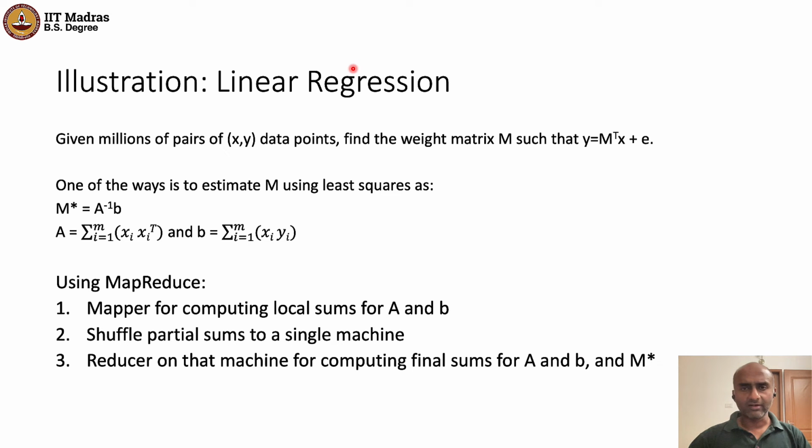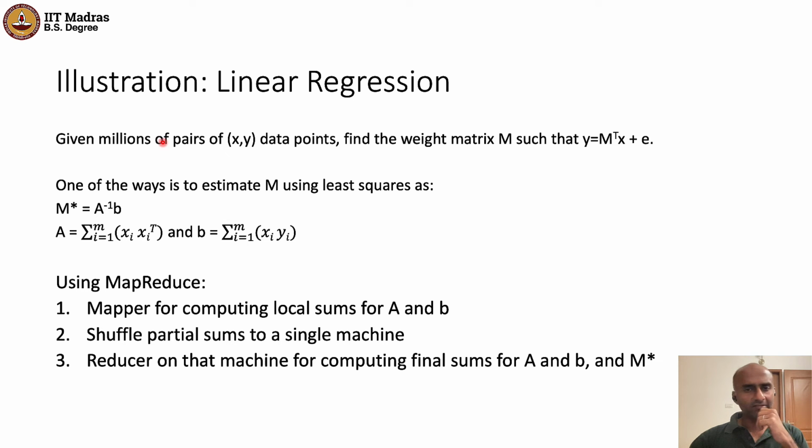So I'm going to take linear regression. That's by far the easiest to understand. So let's take a look at what is the summation that's involved here and how do we break it down in terms of divide and conquer. So what is the problem of linear regression? You're effectively saying that I've given a set of pairs of data points,